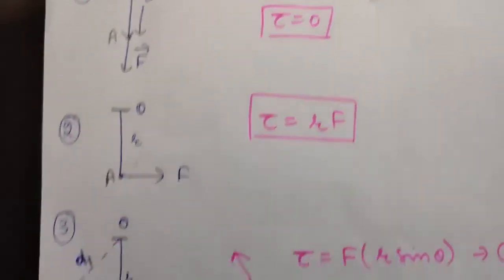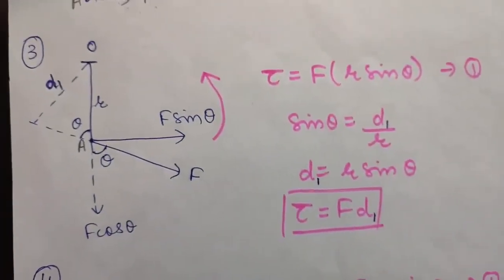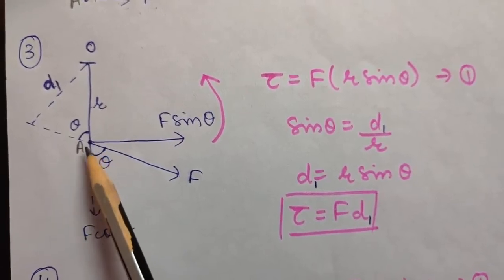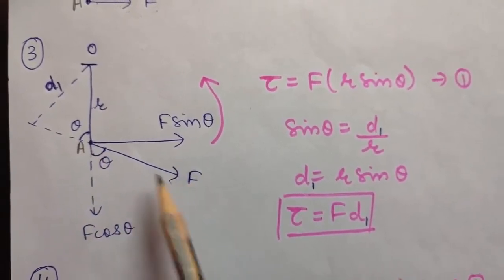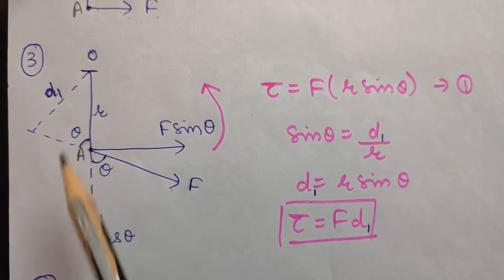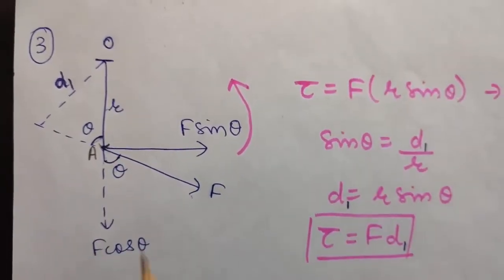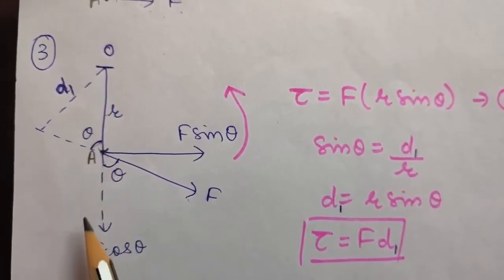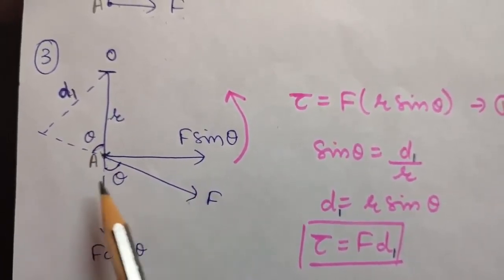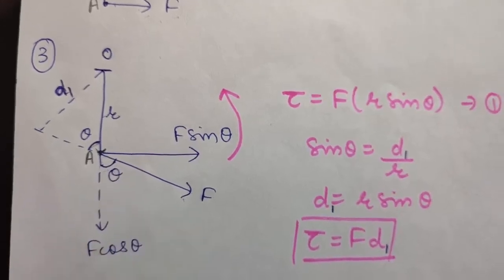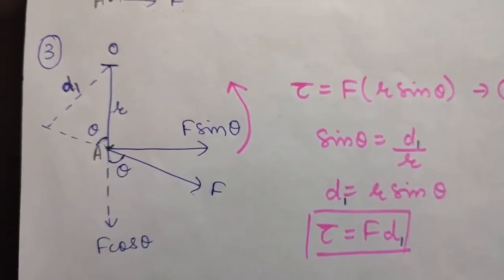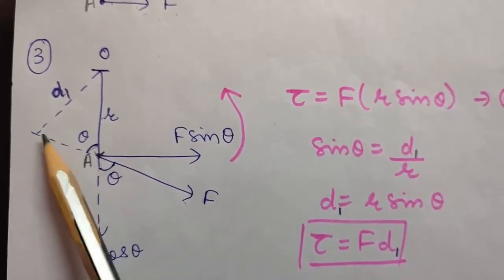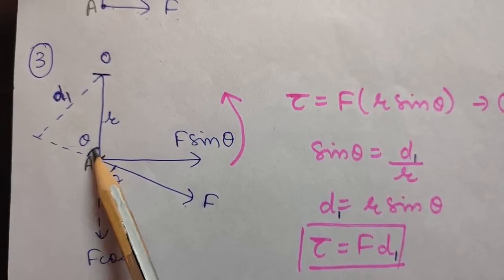Now let us see some more complicated examples like this one. Again, this is the rod AOA, but now the force is applied like this, that is by making an angle theta with this direction. Okay, or you can say by making an angle theta with R, because see, this is the direction of R and this is the direction of F, so this is the angle between them. So we are saying now F is applied at an angle of theta with R. Okay, so now if this is theta and if I extend this line, this will also be theta, right?